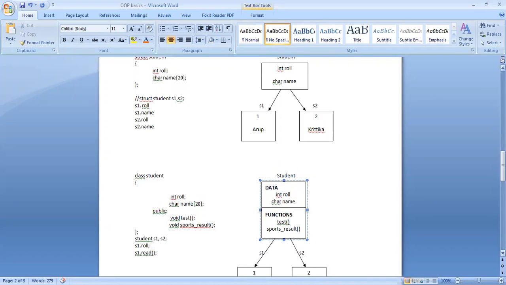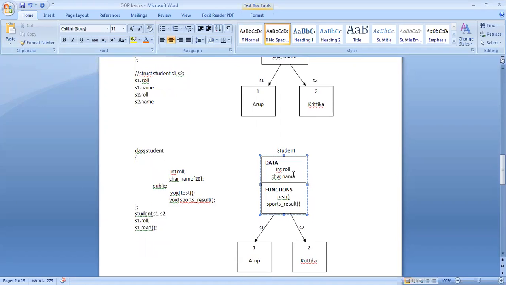Fine. Next, as I said, this is just a concept, this is just a definition. To implement this class, you have to make use of objects now. If I am to point to a particular student, I am to implement it first. I have to be able to point out a particular student. So this is just a template. This has no logical physical existence. Only the objects belonging to the class will have physical existence. So if I am to refer to someone, I am to refer to an object, not the class.